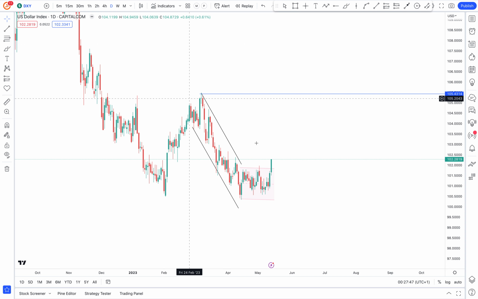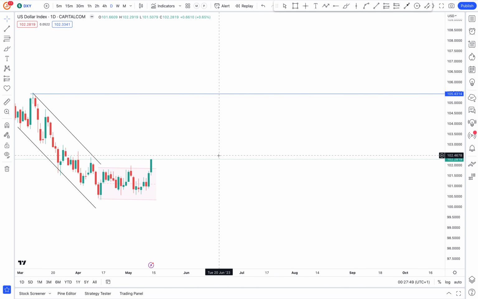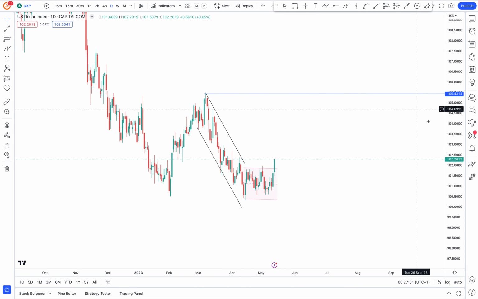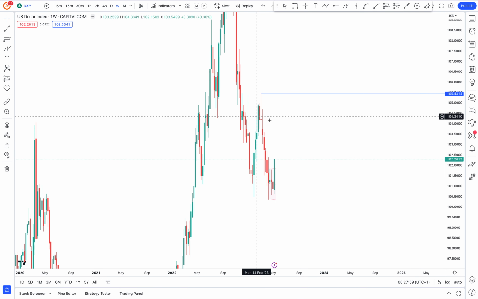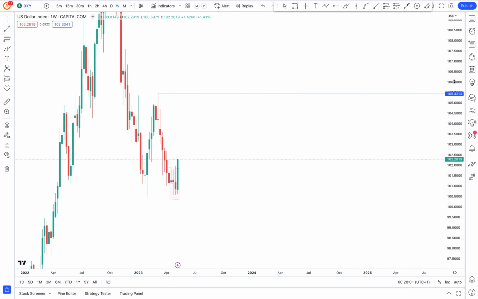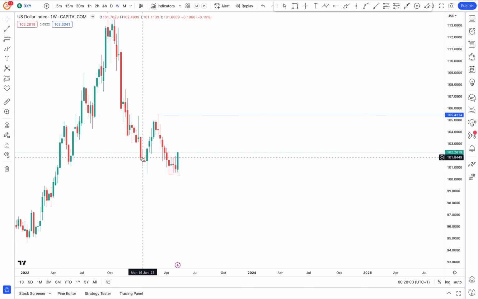So for the DXY for this coming week, guys, I love what this is actually doing right now. What price is currently playing out on the DXY? On the weekly time frame, we had nothing major, right? We had this amazing evening star that formed here, and then we had this impulse move, and then we had this break,